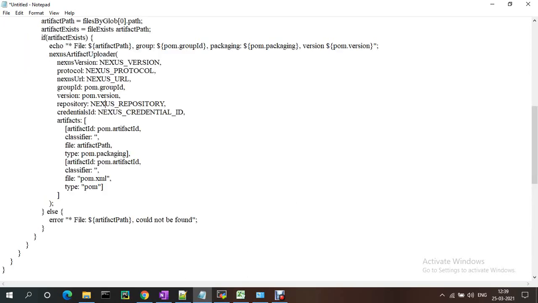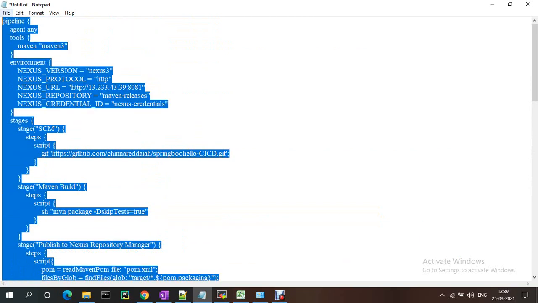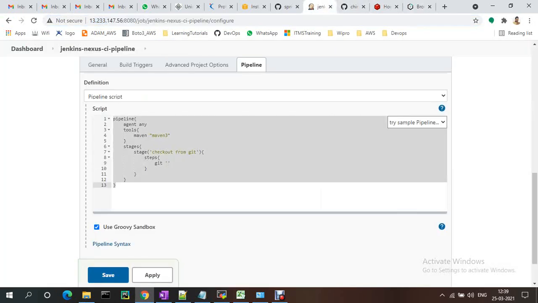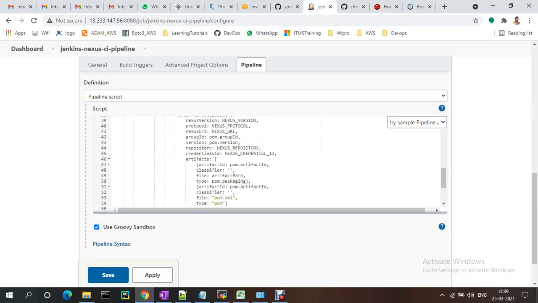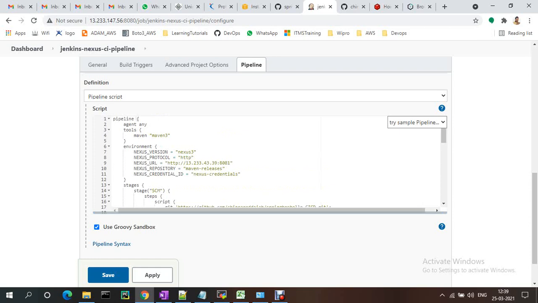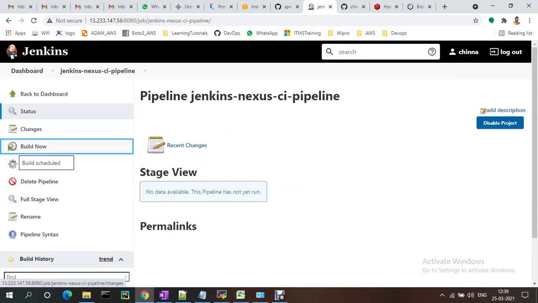Okay, so let me copy this everything and I'm pasting into the job. Just remove this one, just paste it. Okay, and apply and save and build now.